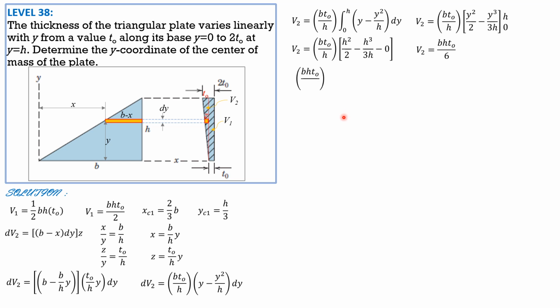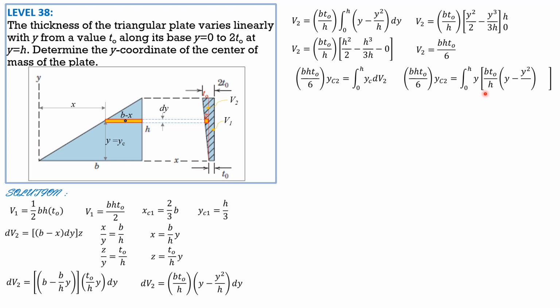So the volume total would be bh. Let's locate the y coordinate of the other volume. So by Varignon's theorem, b h t sub o over 6 times y sub c2, because we do not know the location of the y coordinate of the centroid of this second part, with varying thickness. So y sub c dV2. Then y sub c is just y, because from the left it's y, from the center it's y, from the right it's y, it's constant. So that's the location of the centroid of this differential element. So y is just y sub c. So b h t sub o over 6 y sub c2 equals integral of y